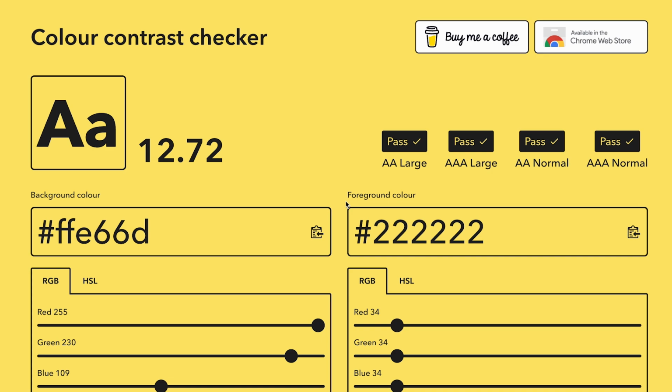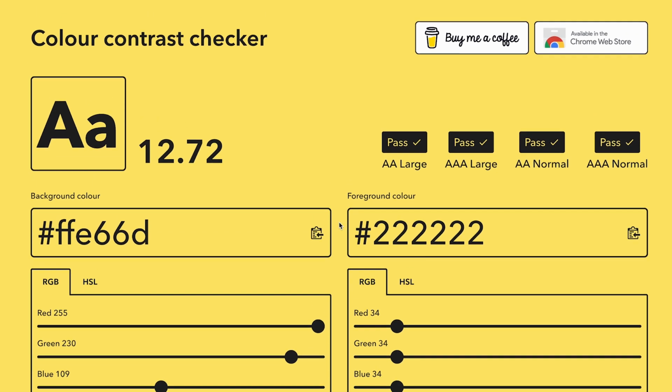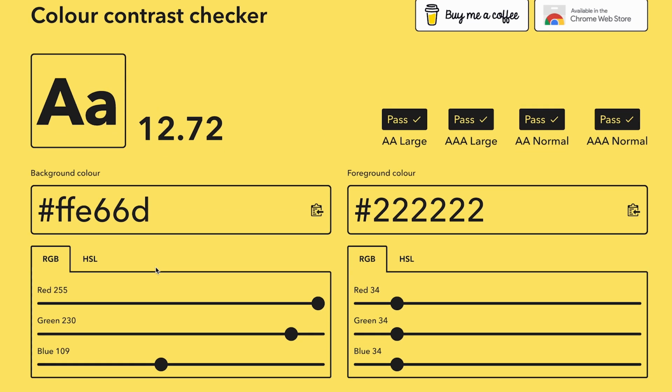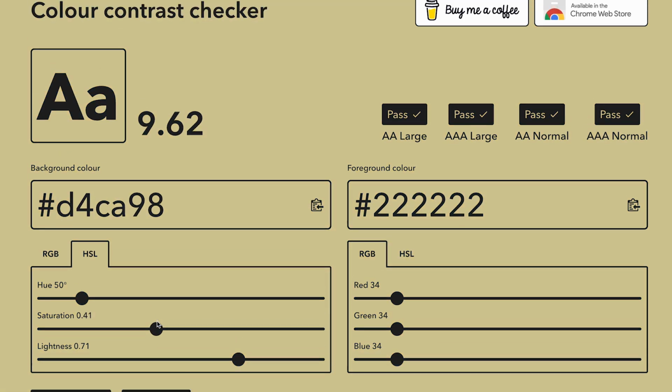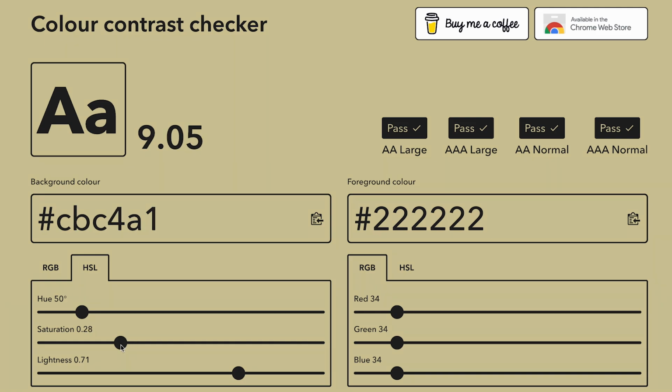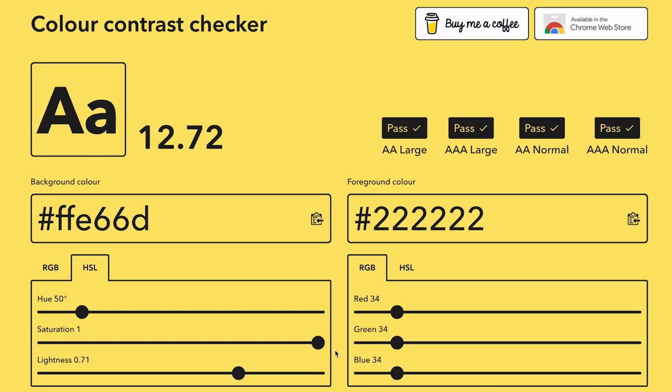So that's another accessibility feature. And it also showed us one of my favorite color contrast checkers. Right here, we have a background color and a foreground color. If I change the background color and move the saturation down, we see a number.